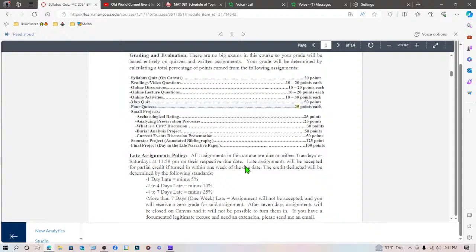Four quizzes, 25 points each. Small projects: archaeological dating, 25 points; analyzing preservation processes, 25 points; what is a city? discussion, 30 points; burial analysis project, 50 points; current events discussion presentation, 50 points. Semester project: annotated bibliography, 125 points; final project, day in the life narrative